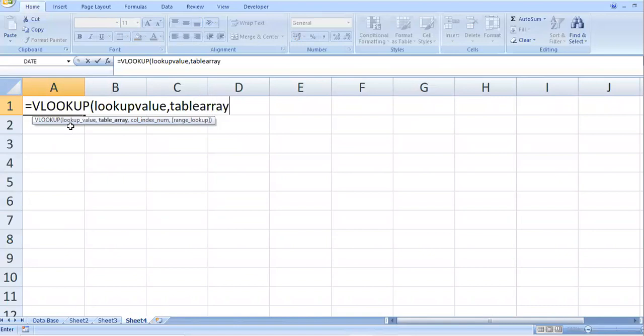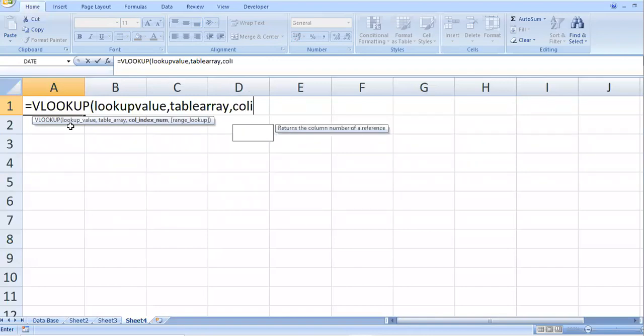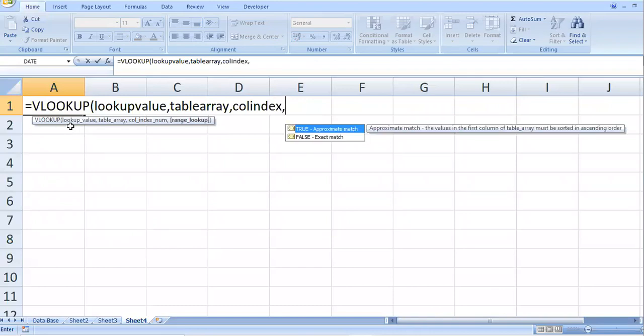And again, after entering the second argument, when you press comma, it will go for the third argument, and the third argument is the column index. Press comma. The fourth and final argument is the range lookup.